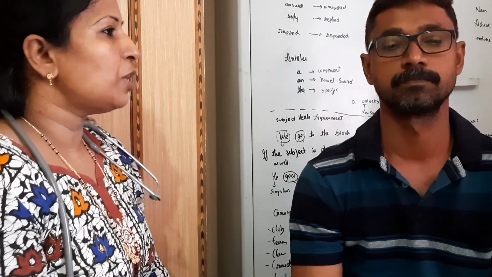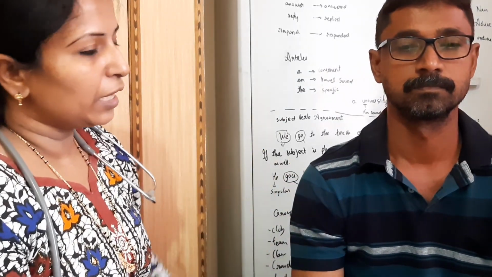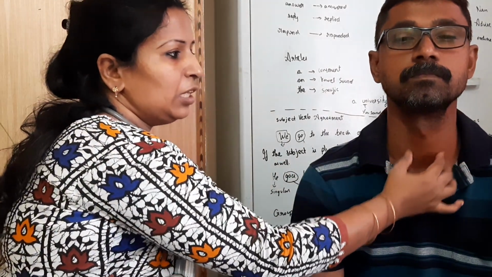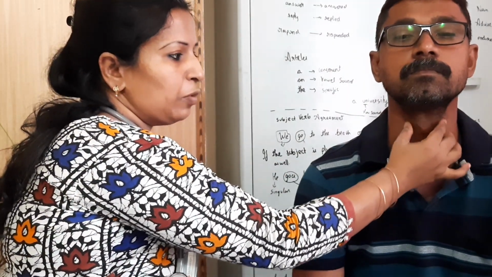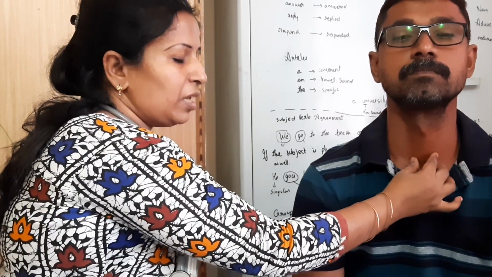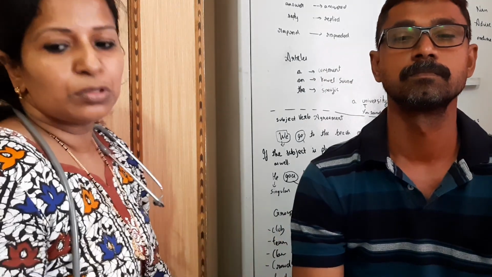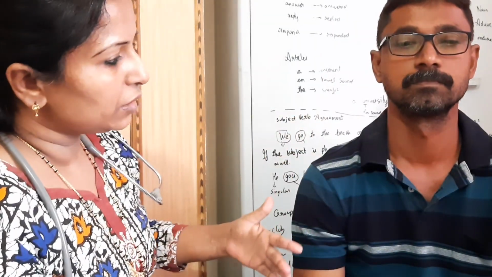After that you have to check for lymph node enlargement. Before that, you have to check the trachea, whether the trachea is in the midline. You have to palpate and see that the trachea is in midline. Any protrusion would mean a goiter, so you also have to notice any goiter or anything.